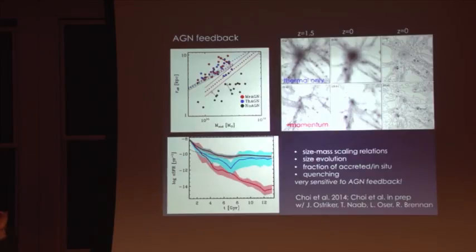So we take a simulation and we re-simulate it at as high resolution as we can. And then we put in every kind of feedback from the black hole that we can think of. So we put in the radiative feedback, we put in the thermal energy, and importantly, unlike all of those other simulations that I showed you, we're also putting in the momentum from the AGN, which we know is very important, right? We see these very fast winds from AGN. And then we can study how that impacts the structure of galaxies.